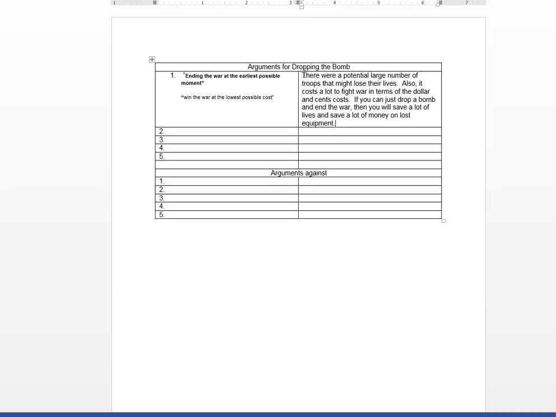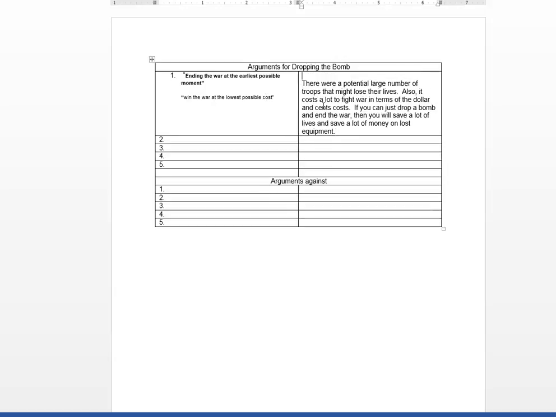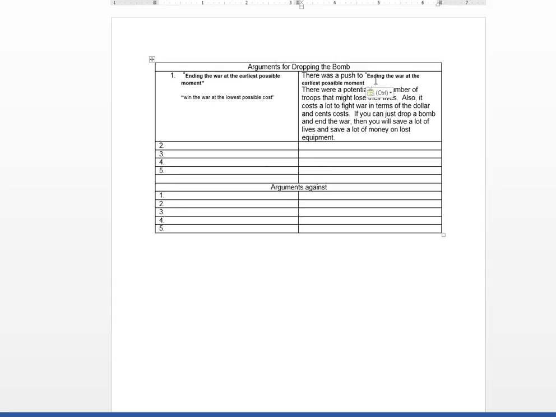But now I've got these quotes, so I'm going to use that some way. I might even want to include up here how I'm going to introduce this. So here's my analysis, and remember once again, I want to integrate. And so ending the war at the earliest possible moment, there was a push to, quote, this is maybe where I want to put this in, right? In the war, push to end the war at the earliest possible moment,